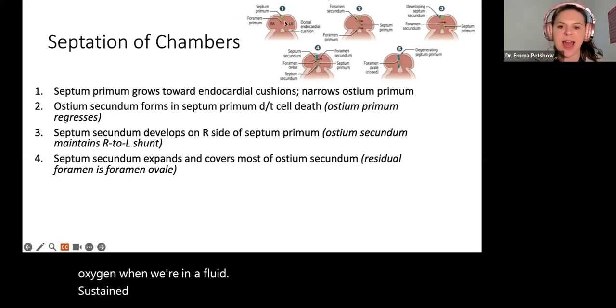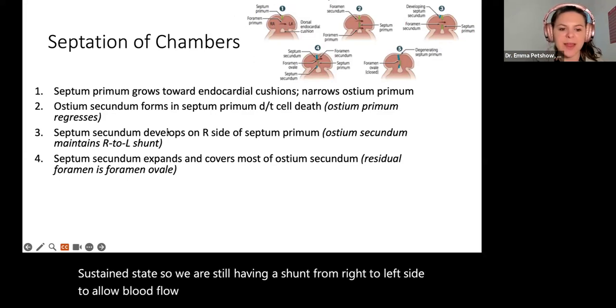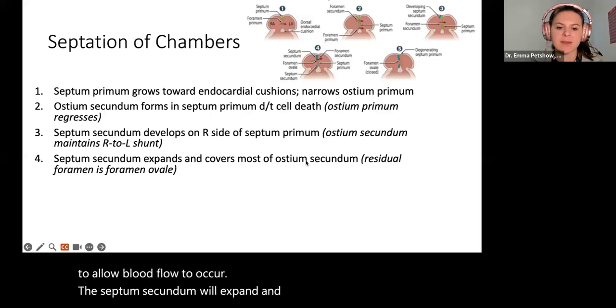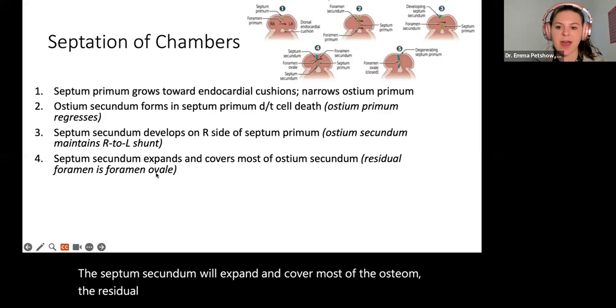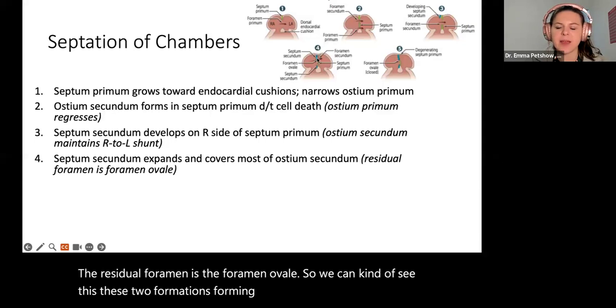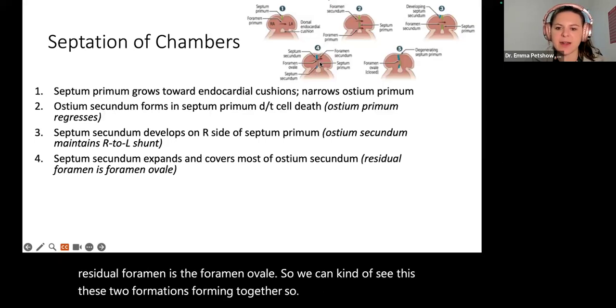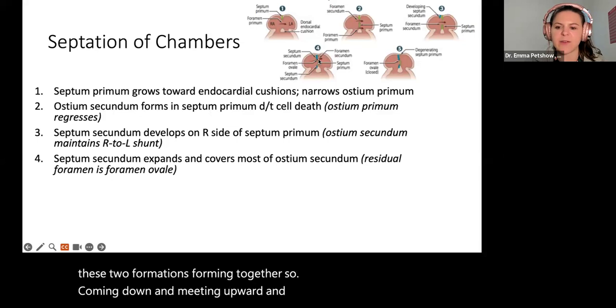So we are still having a shunt from right to left side to allow blood flow to occur. The septum secundum will expand and cover most of the ostium secundum. The residual foramen is the foramen ovale. So we can kind of see these two formations forming together, coming down and meeting upward, and then this space between, which will be our foramen ovale